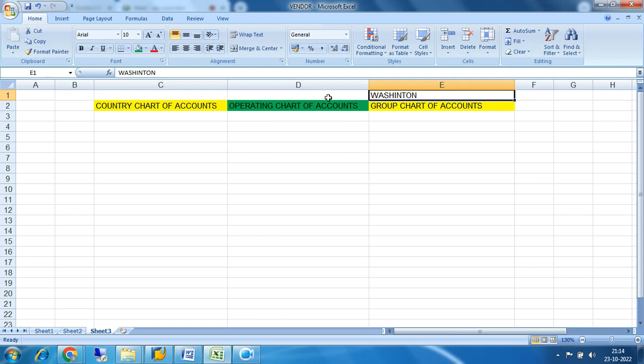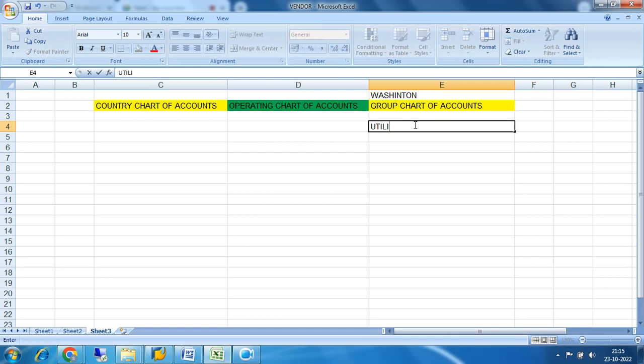Okay, let us take an example. Suppose hotels are paying water charges and electricity charges. And Indian manufacturing operations are paying rent. They don't have any own factory. So all the company codes in India are paying rent. They don't have their own setup. But at group level, there can be a GL account. The name of that GL account may be utility expenses. So suppose there is a GL account called utility